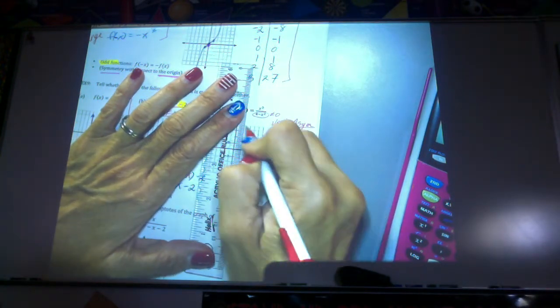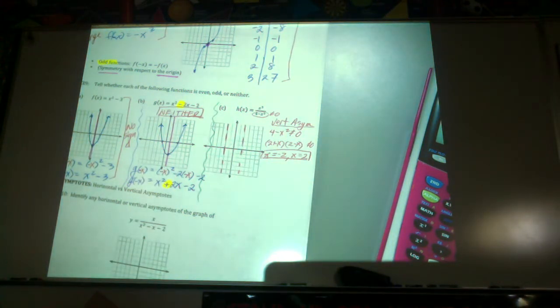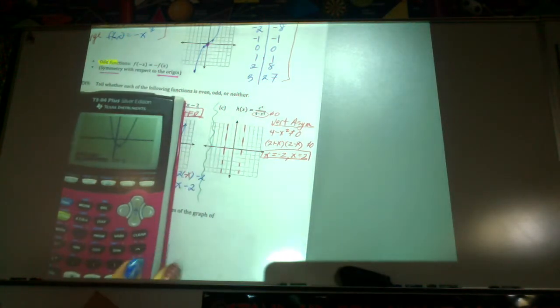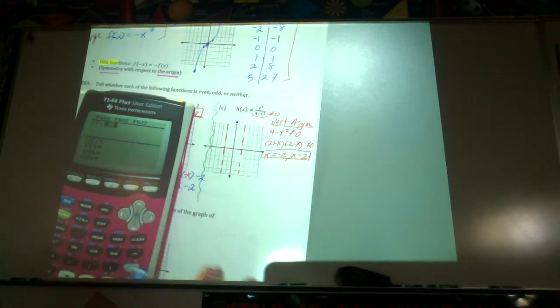Anytime you have a fraction, it's always interesting. And what you will discover is this is going to have no horizontal asymptote, because we're going to talk about those shortly, but it actually ends up having a slant asymptote. So at this point, I'm going to go ahead and graph it. Make sure you use parentheses with your denominator. So when I graph it,